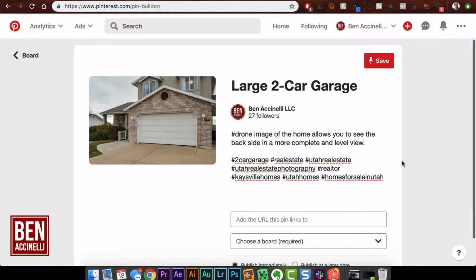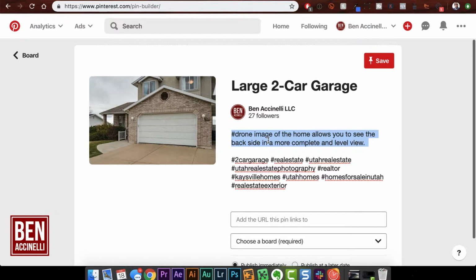So right here, I'm adding more hashtags that relate to the image. This allows you to get a little bit more exposure, and just make sure that whenever you're creating your hashtags, there aren't any spaces for that entire hashtag. And so right here will be like,